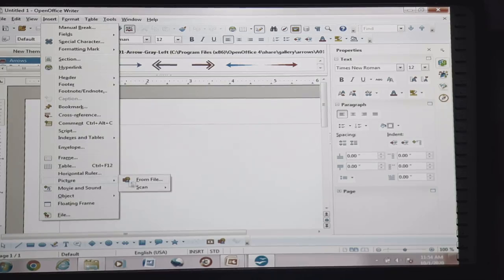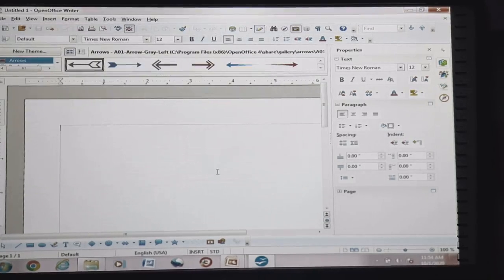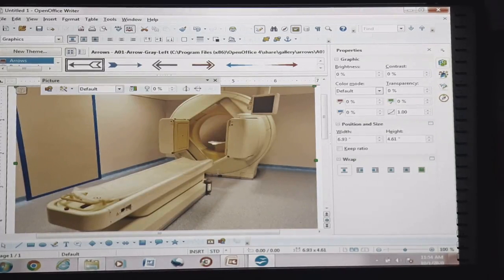Suppose we are using picture, from file select PET scan, open. Now once I insert it, see, the picture dialog box appeared in front of us, and this is the properties window. So using this properties window, the picture dialog box, we can apply those 4 settings.